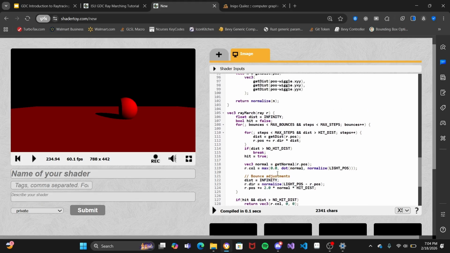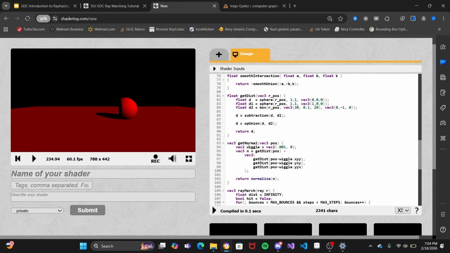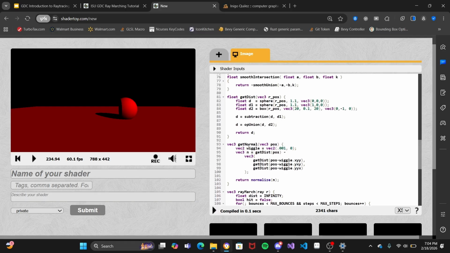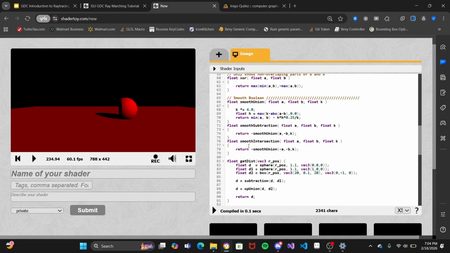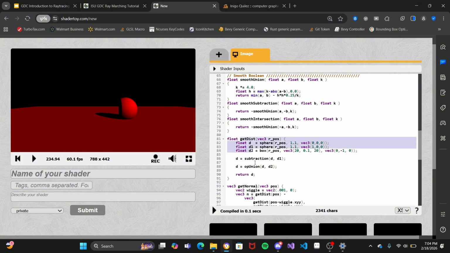But basically, what you would need is to figure out what object you're hitting. And so you'd probably want to create a buffer of objects, just like an array of objects, and maybe add a return to the getDist function. So maybe have it return the index of the object you hit. So in this case, if you change it to a vec2, if you hit the,